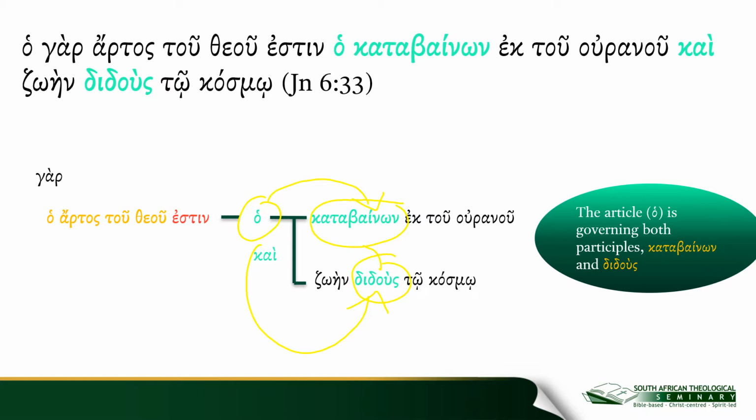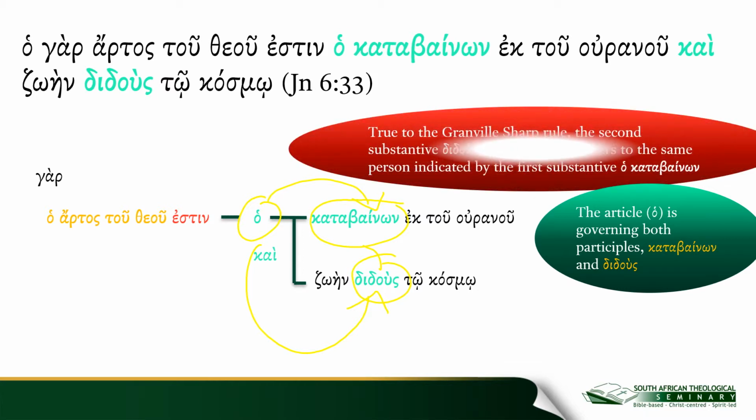But you might wonder, how do we know? How do we know when both these substantives refer to the same person? According to Granville Sharp, there are three requirements that the substantives must meet, and if they meet all three, they will always refer to the same person. If not, then they may or may not refer to the same person.